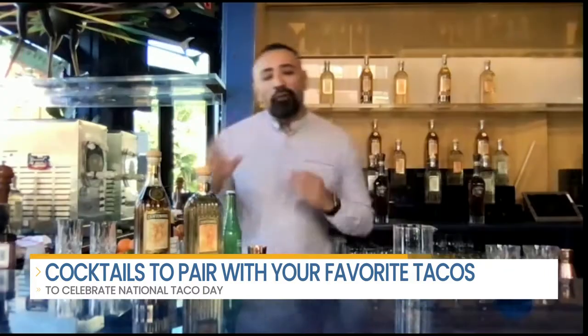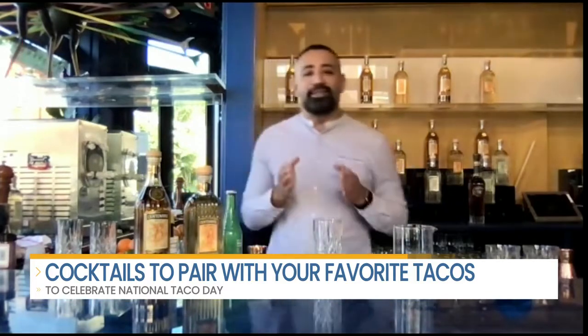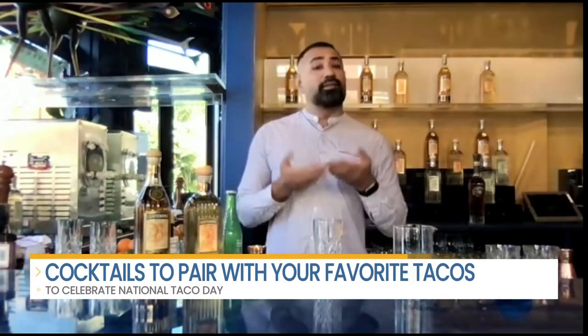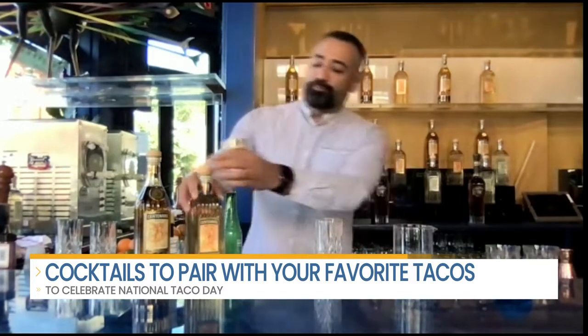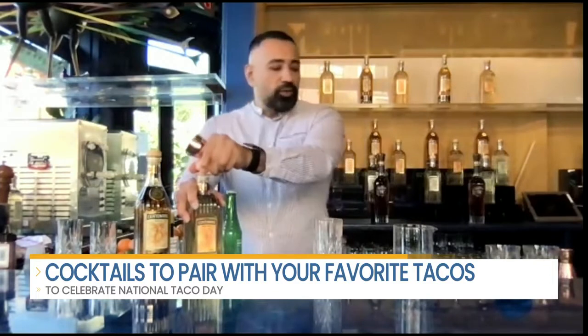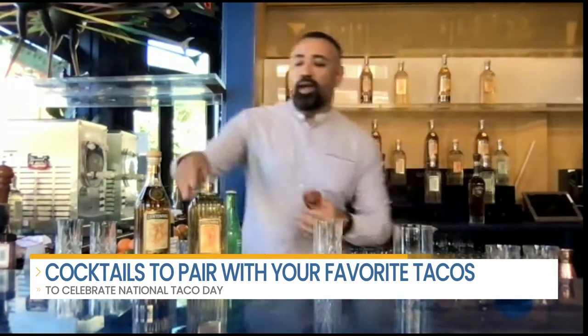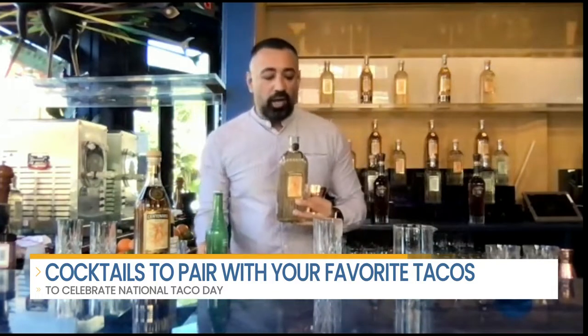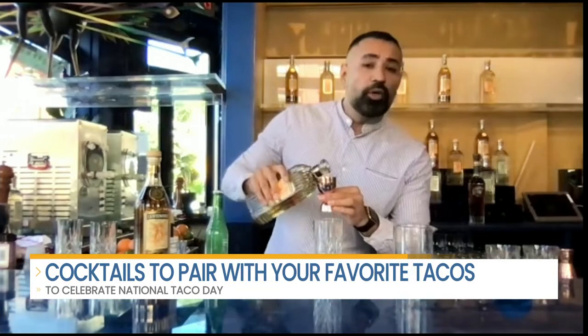All right, so our first cocktail is technically a built cocktail. What that means for everybody at home is it's super easy to make. You can literally pull out your glass. In this case, we're going to use a Collins glass. We're going to layer everything in, and then, of course, you just mix it up. So as I mentioned, the Paloma is refreshing. It's light, it's bright, but the tequila is going to add a beautiful caramel note and a lot of complexity to it. So we're going to start with 2 ounces,